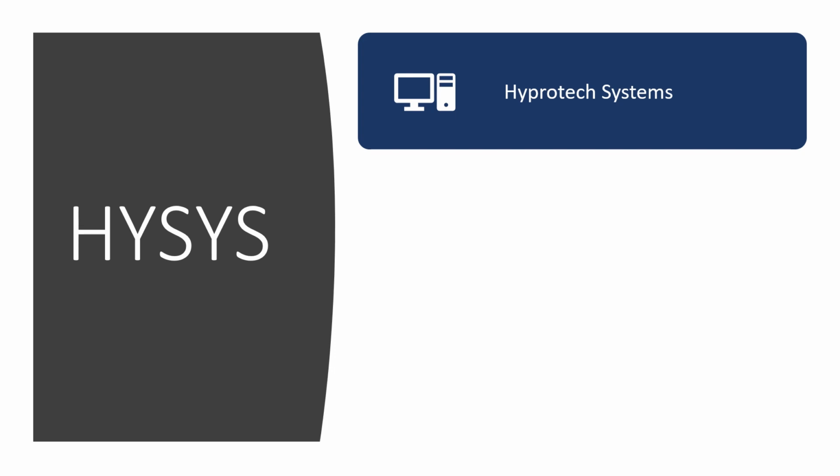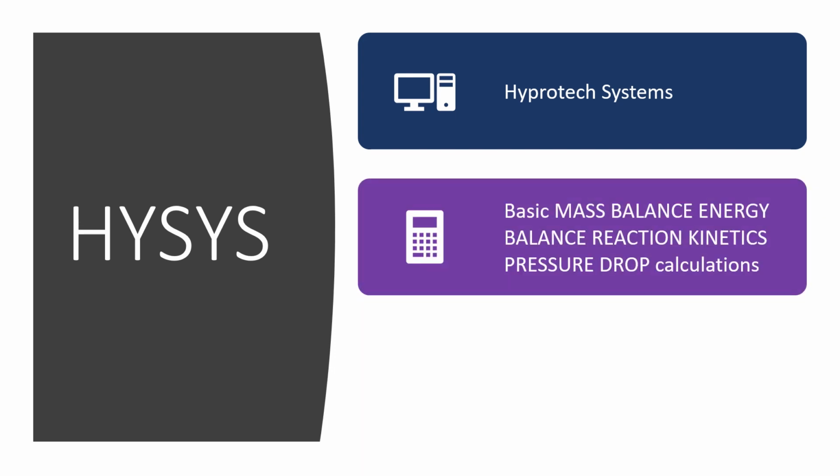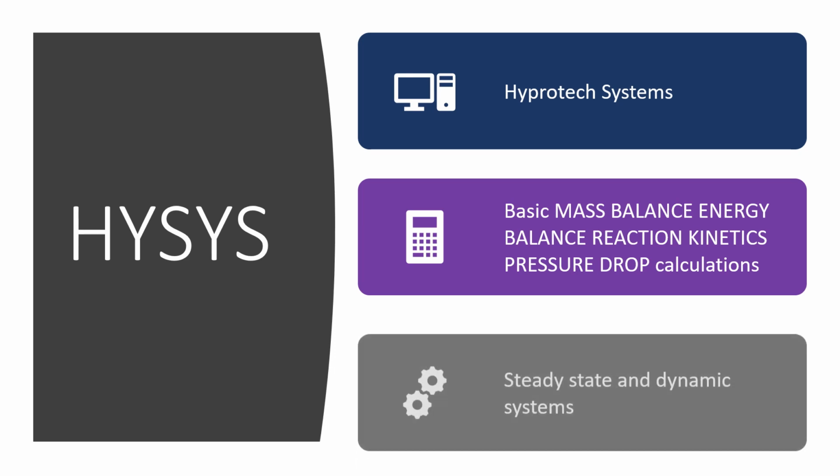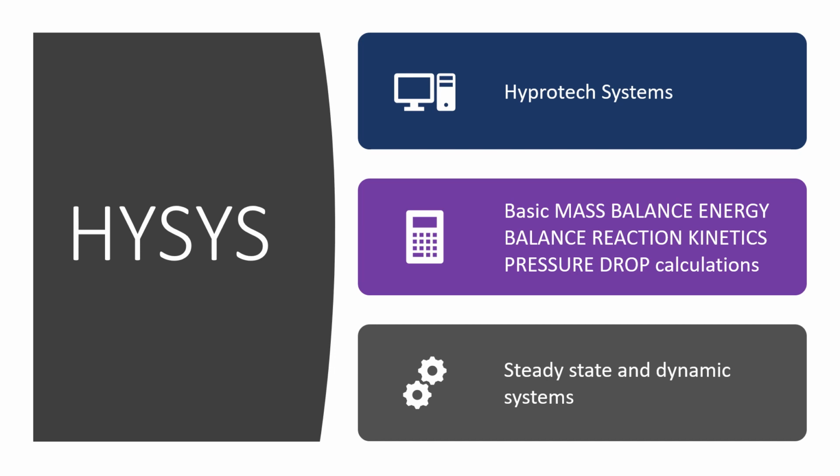It is used for different purposes: simulating, designing, monitoring, and optimization of different chemical processes. It basically performs calculations based on mass and energy balance, and it also includes reaction kinetics. Alright, it performs calculations in both steady state and dynamic state. First of all, we start these lectures with steady state and then we will further proceed to dynamic systems. Alright.